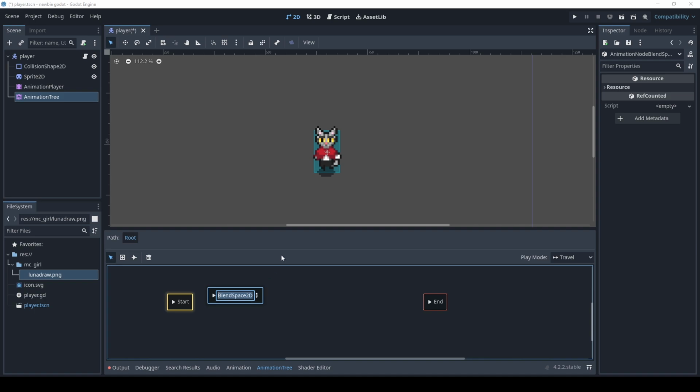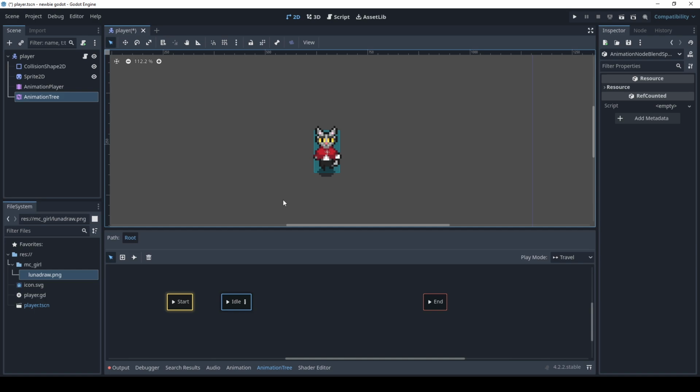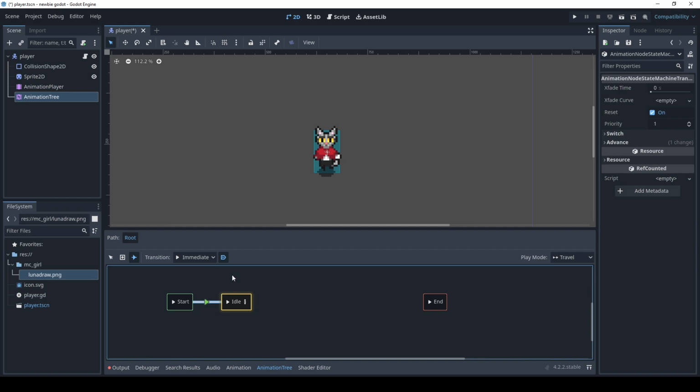We proceed on idle first with the big I. Don't forget it's case sensitive. And if you wonder what's happening with this start here, when we start the game, of course we want to make sure that the idle animation is playing, so we have to connect the nodes here by clicking on the start and dropping it on the idle node here. Okay, everything seems to be perfect.